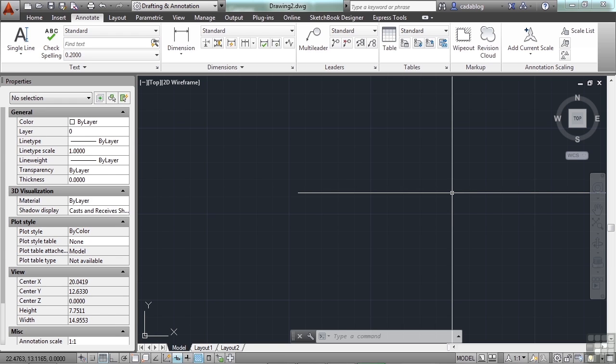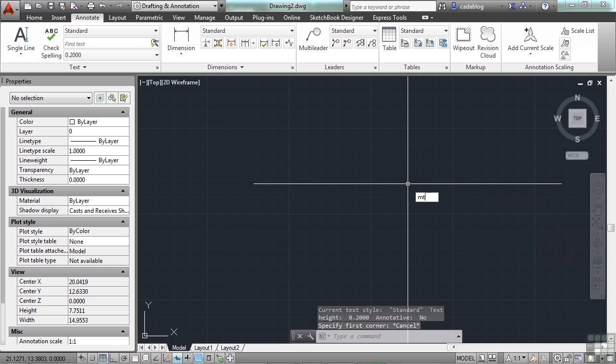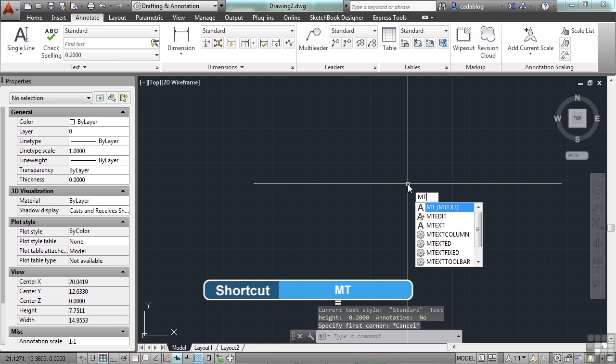Multi-line text, or M-text, can produce notes, callouts, descriptions, or most any other form of annotation. Just type M-text on the command line to start the command. You can also type in MT,